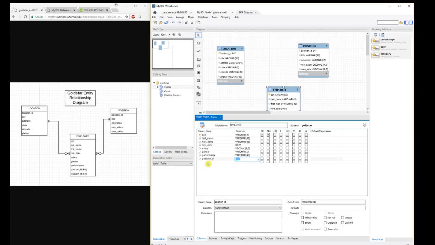here. Now, just by typing in position ID, that doesn't mean it is yet recognized as a foreign key. We're going to need to take another step in order to set that. We can also add location ID as well. And again, we need to make sure that we make that an int, because it's an int in the location